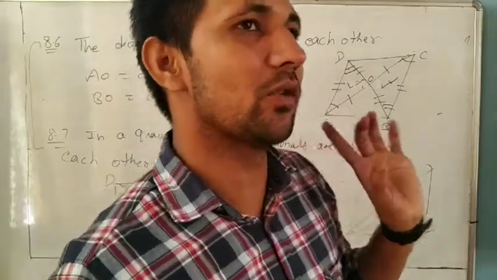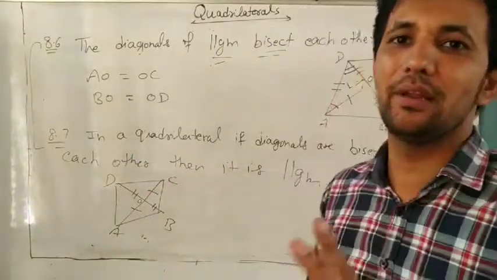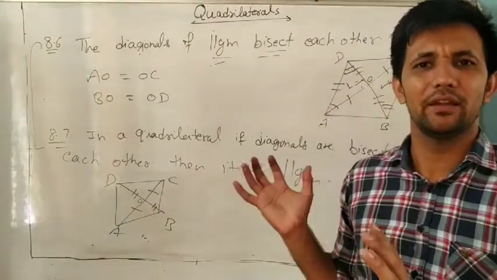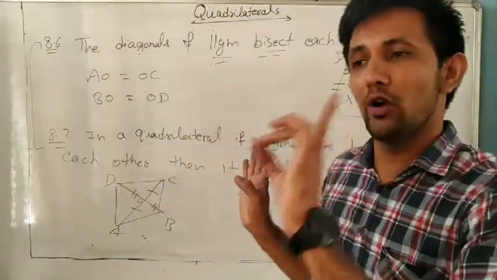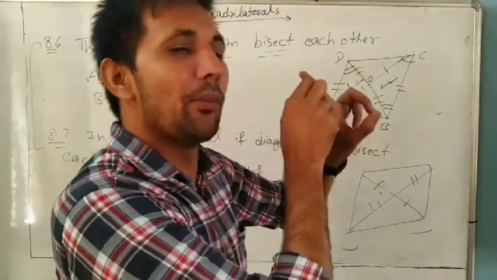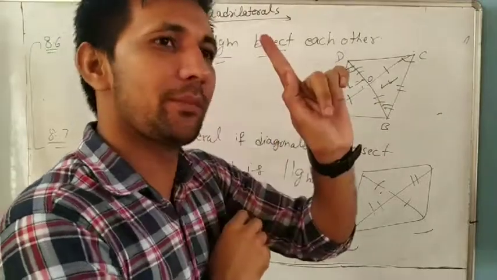Very important, you have to remember this one. In the next class we will start our exercise. This may be some lengthy videos, but don't worry, it is only the basics. We have been discussing the same things for the last 3 days. So you have to remember, in a parallelogram opposite sides are equal, opposite angles are equal, and diagonals bisect each other. These are the 3 properties of a parallelogram.